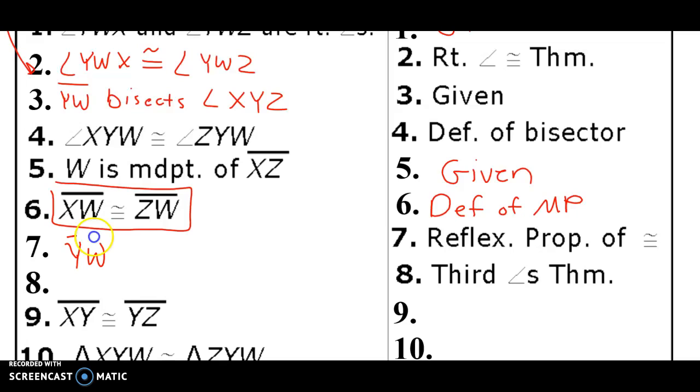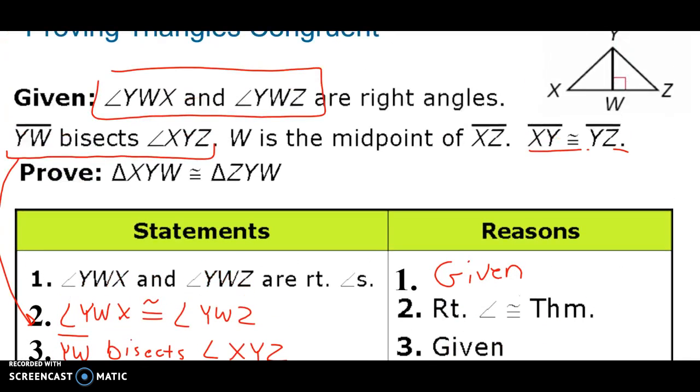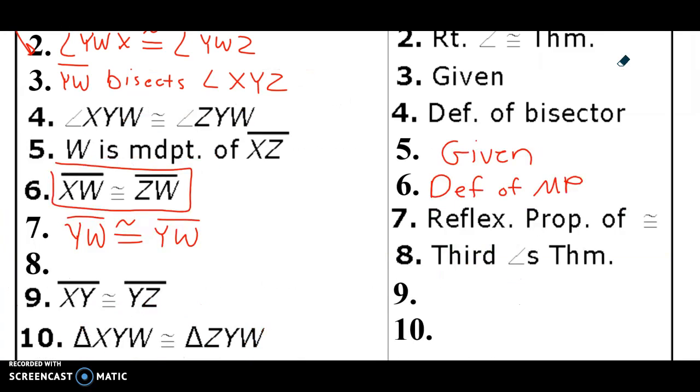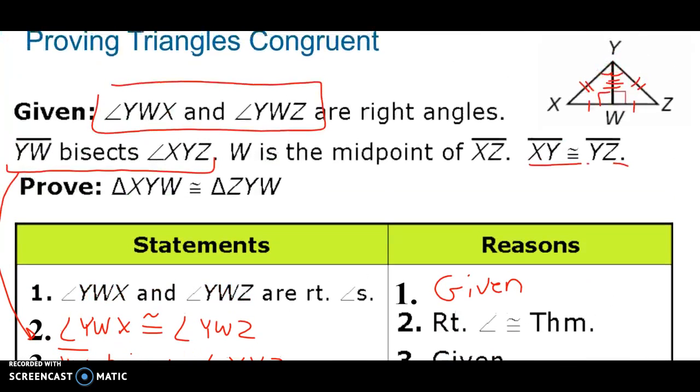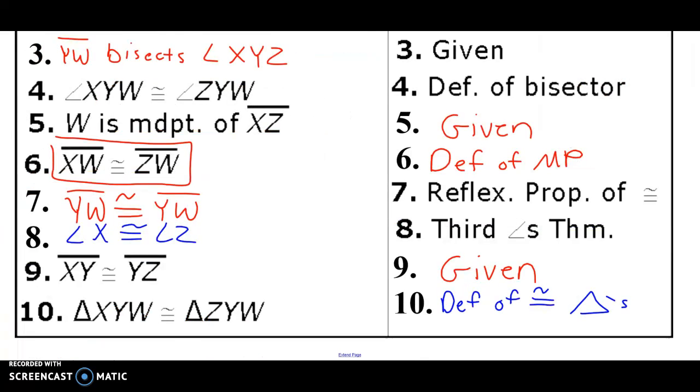YW is congruent to YW. You're killing two birds with one stone because YW is a part of both triangles. Number 9 was given. So we have now proved that two angles are congruent in one triangle and two angles are congruent in the other triangle. So therefore, the third angles are congruent. So angle X is congruent. And step 10 is just the